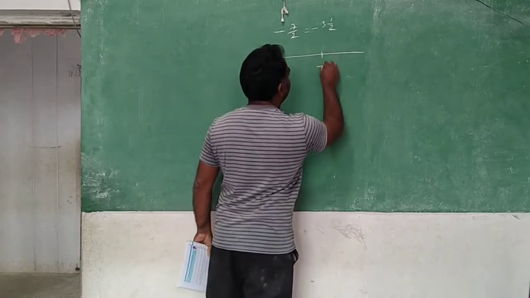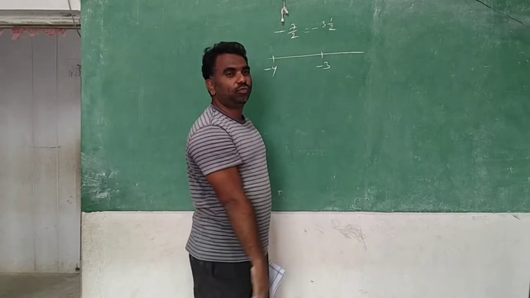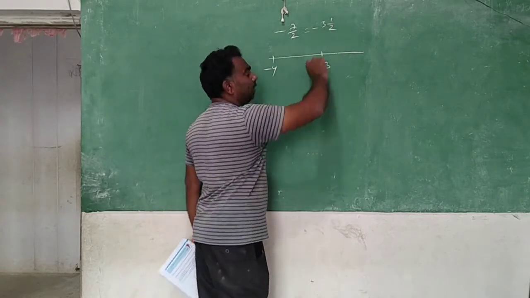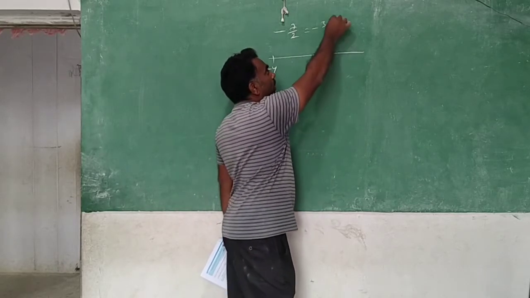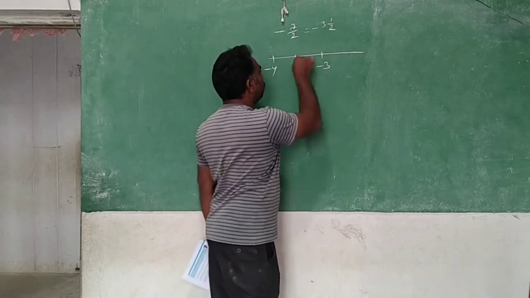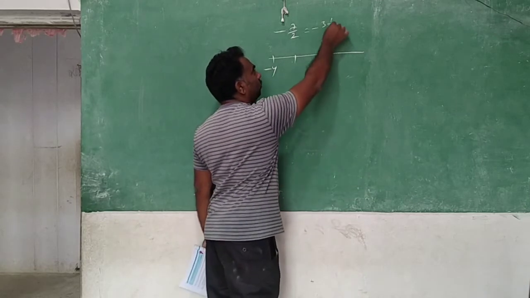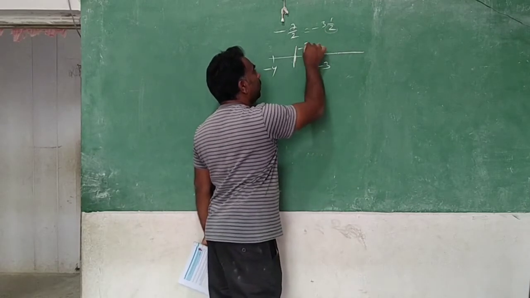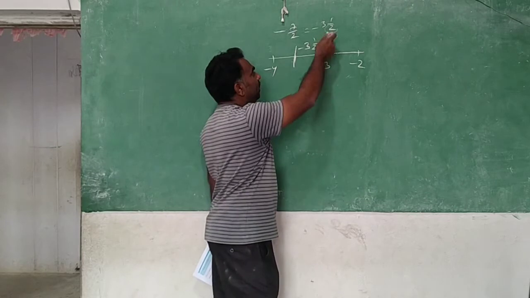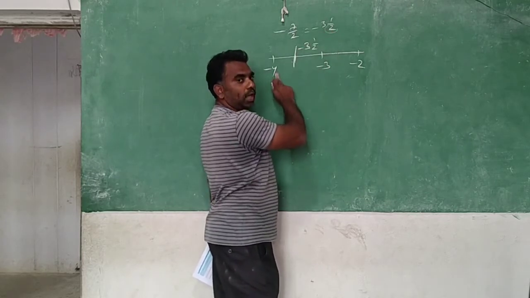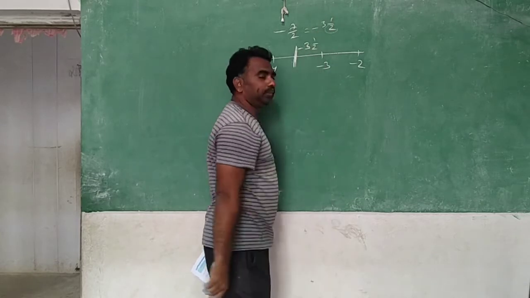You know, it is -3, it is -4. Negative numbers are on the left side. -3, -4. Now it is -3 1/2. You see here, it is -3. After that, 1/2 means we need to cut this into 2 parts and take one part. This is 2 pieces and only 1 piece you are taking. So it is minus 3 1 by 2. Minus 2, minus 3, minus 4. It is in between minus 3 and minus 4, and we need to cut it into 2 pieces and take one mark.